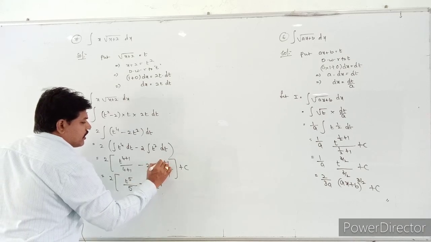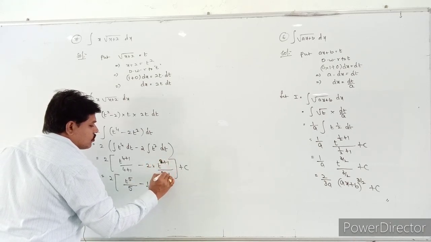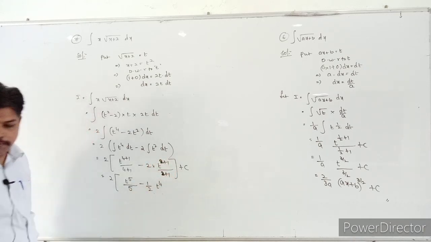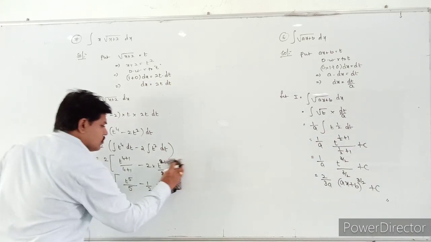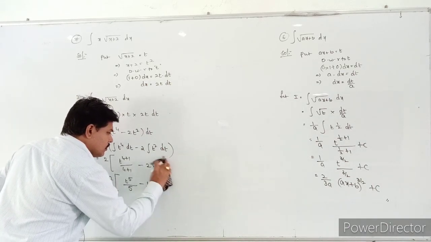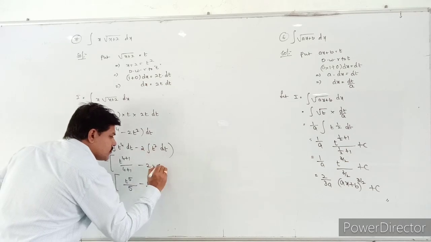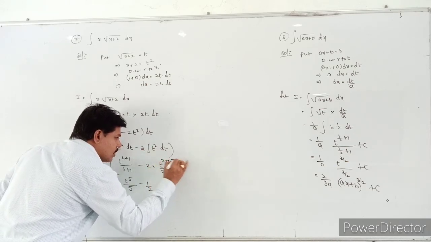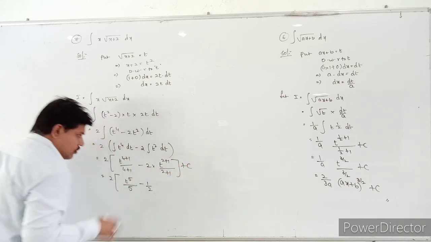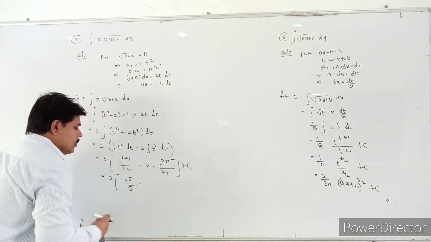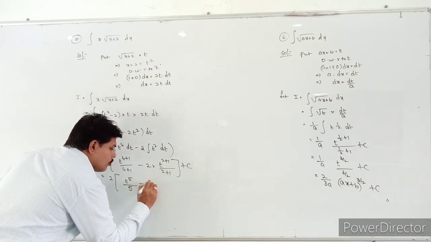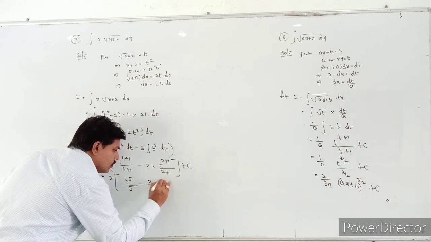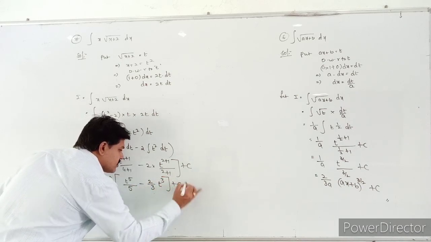It is a 2 plus 1 actually. 2 plus 1, it is also 2 plus 1. So see, students, here: the integral of t square is nothing but t power 2 plus 1 by 2 plus 1 plus c. So then it will become 2 by 3 into t cube plus c.